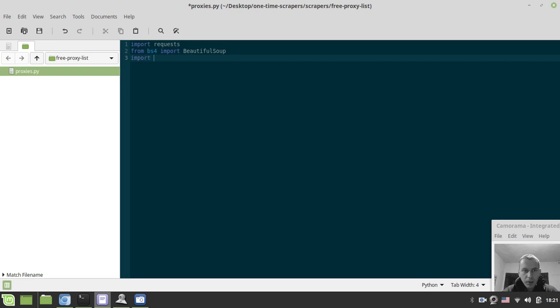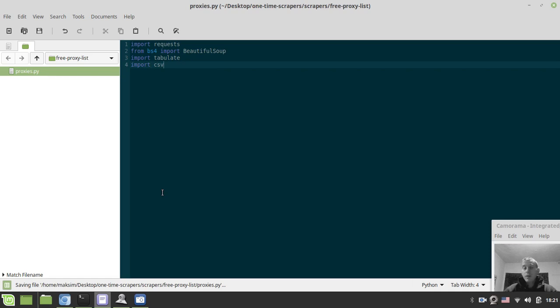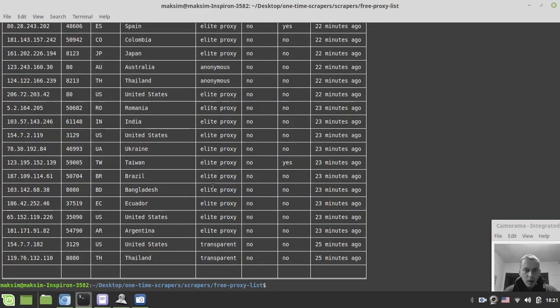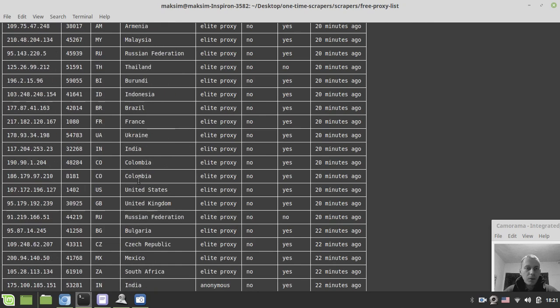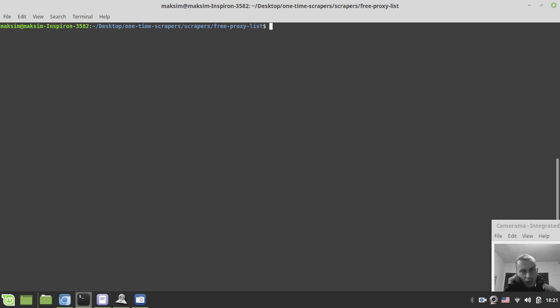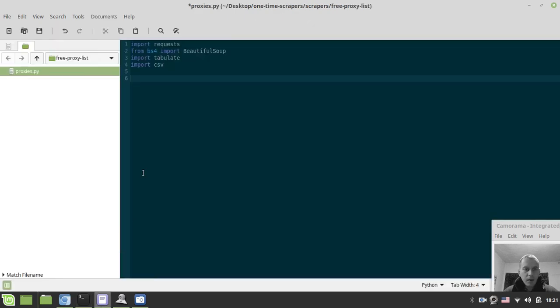Also, we'll need a module called tabulate to print the table to console, and we'll need the CSV module to actually save the scraped data to a CSV file. And here is basically how the result is going to look like. That's from my tests. I'll just clear it for now,